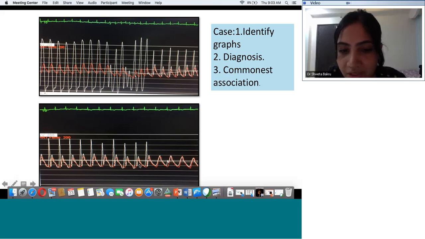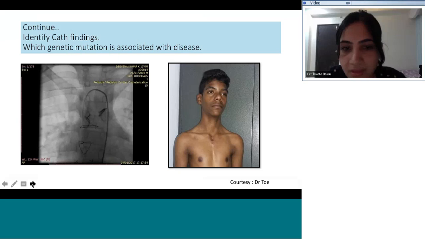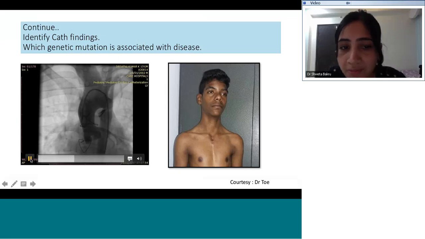The noteworthy point here is the diastolic pressures are uniformly maintained from proximal part of the obstruction to the distal part of the obstruction, whereas the systolic pressures have been changed. So the proximal part, there is a significant wide pulse pressure, but the obstruction is predominantly supravalvular AS. That's very good. So what is the commonest association with supravalvular AS? Yeah, very good. It's Williams syndrome.